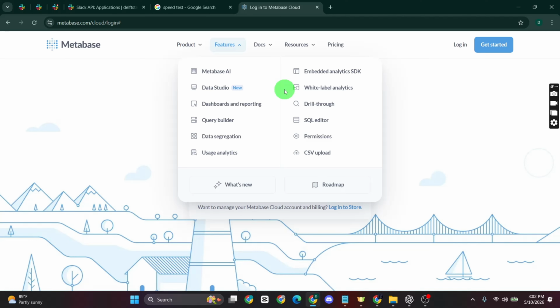We just learned how to fix the Slack API method deprecated error in Metabase by updating OAuth scopes, reinstalling the Slack app, generating a fresh token, and ensuring Metabase uses the latest API